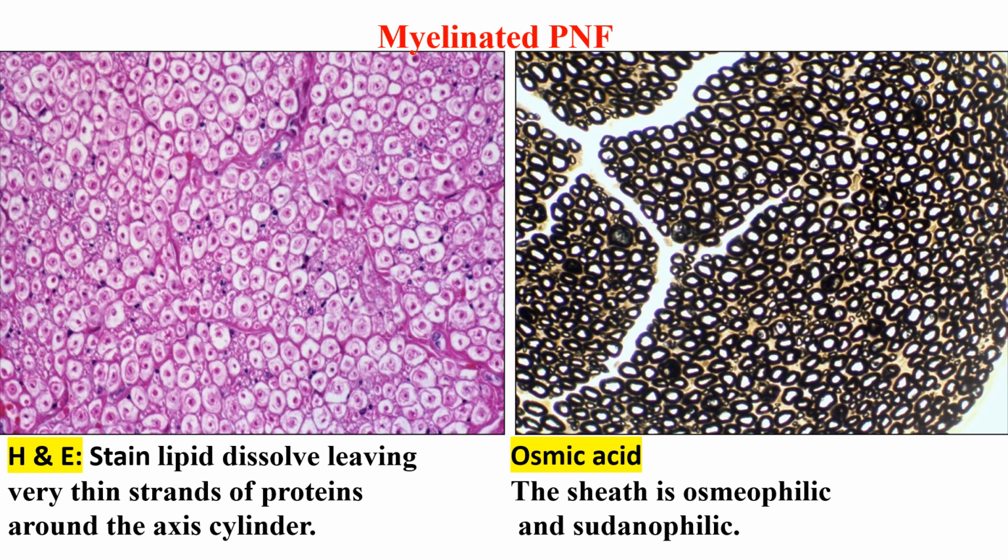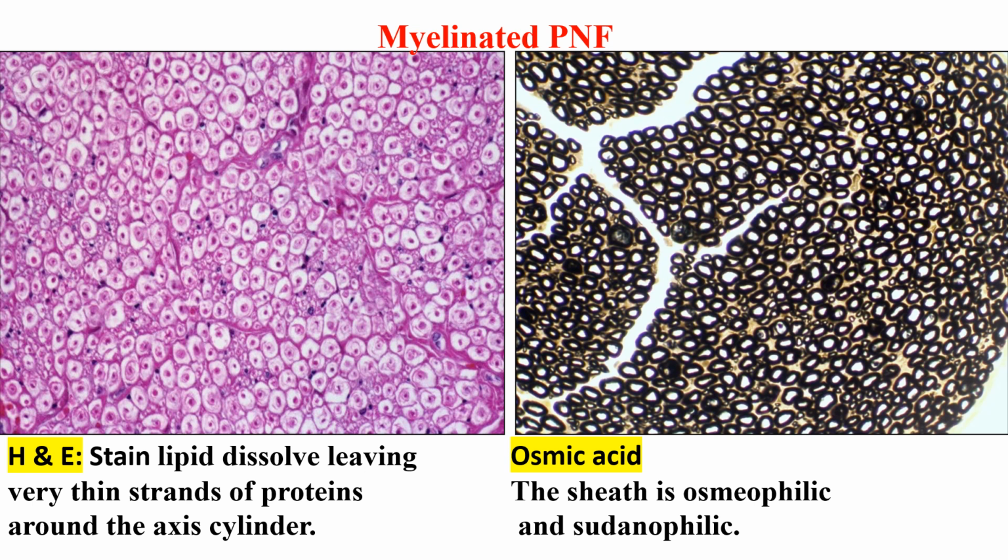Whereas if we want to preserve the myelin and not have it dissolved, we have to use a specific stain, either osmic acid or Sudan black. So the image on the right side shows myelinated peripheral nerve fibers stained by osmic acid to show the myelin